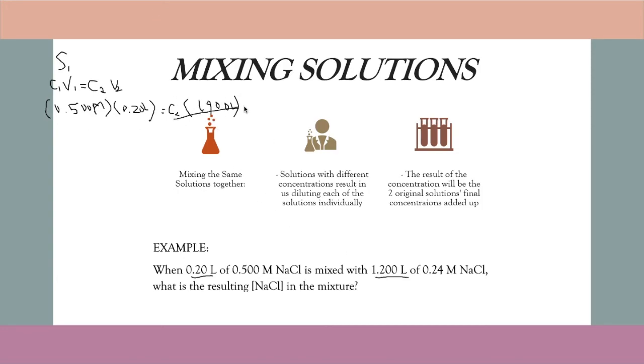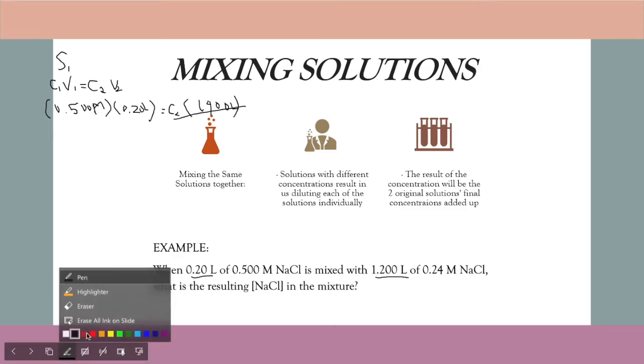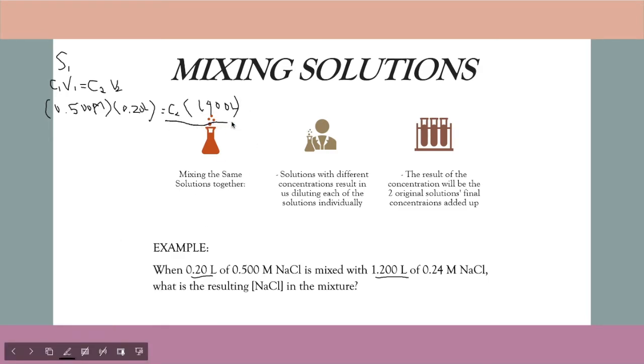And now what we do is we divide both sides by 1.400 liters, to cancel it out so that the unknown variable is kept alone. So we will cancel these out, and if we solve this equation over here,